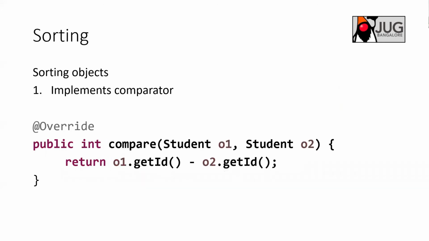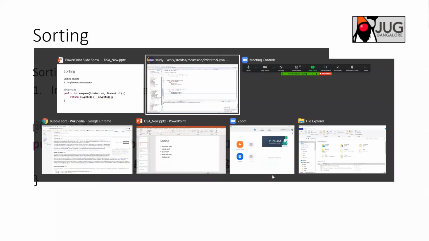So there is another way, like I was explaining, right? You don't want to touch that base class. So you can write your own class where you can implement Comparator. And then you can implement this compare method, where it takes two separate objects like student1 and student2, and then you can write your compare logic in that. Let's see one example with that.